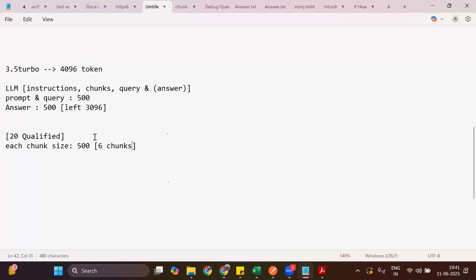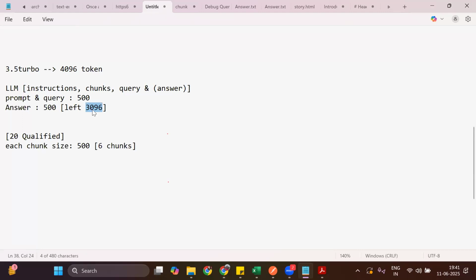For example, with 3096 as the context window, a maximum of top 6 qualified chunks can be accommodated. But in case you want only the top 3 chunks to be sent to the LLM, and you don't want the 4th, 5th, and the rest of the chunks sent,